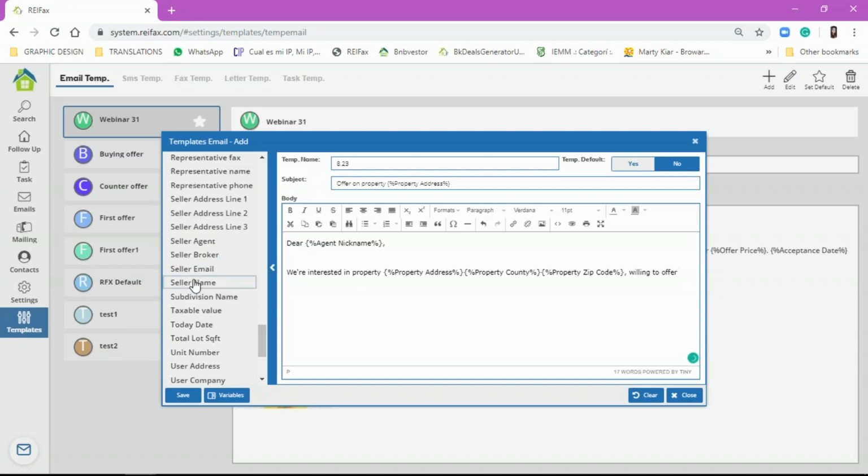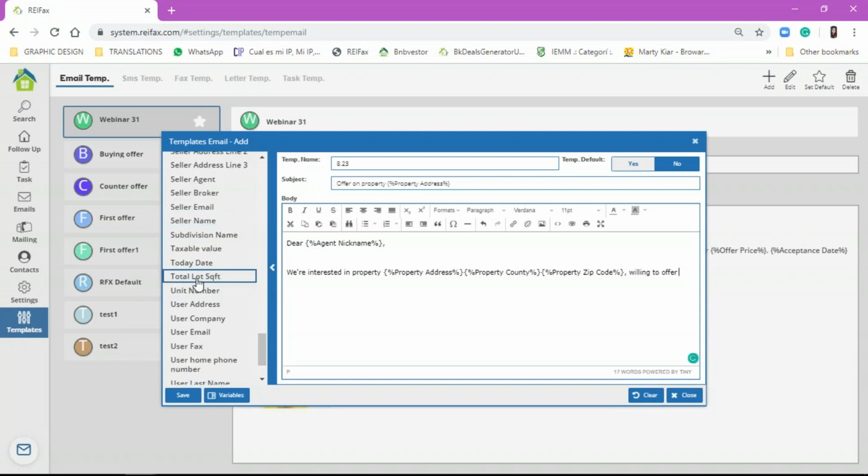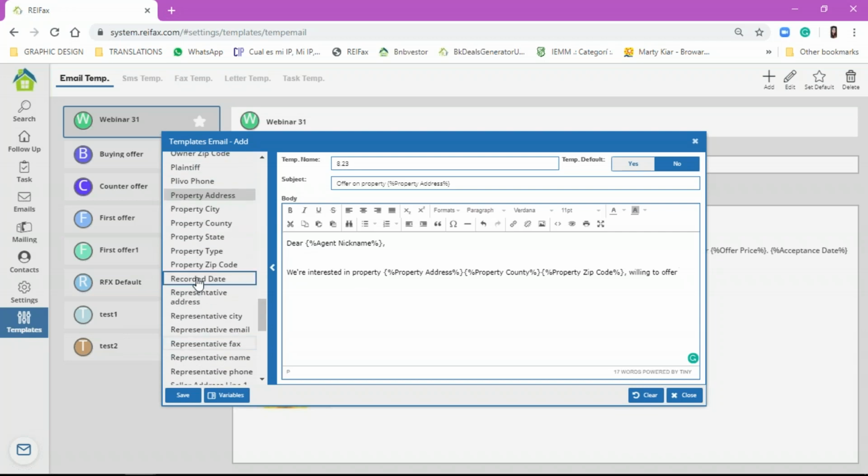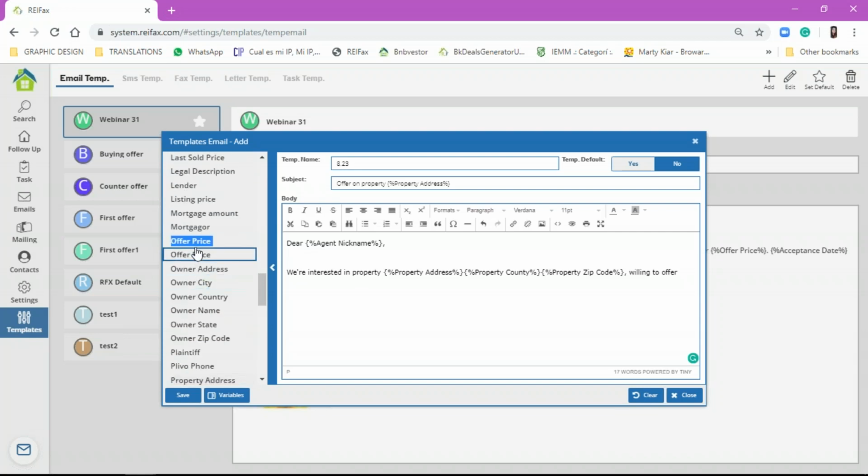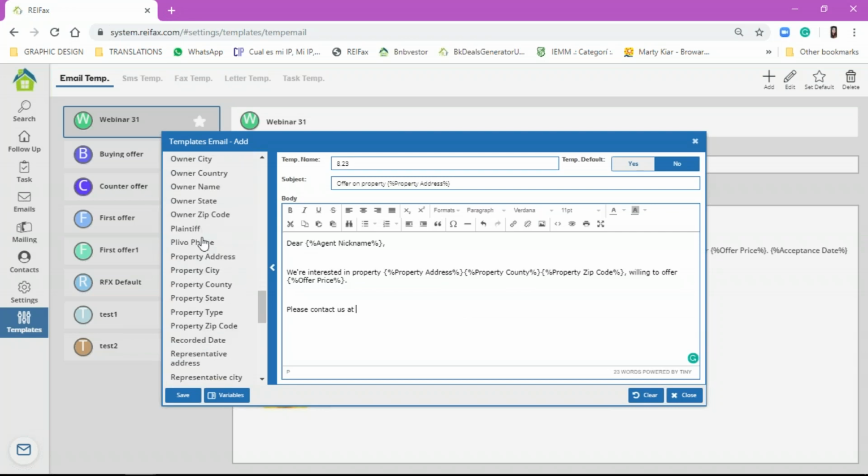Willing to offer, and I'm going to add the offer price. Willing to offer. And then I'm going to add user, user mobile, and then I'm going to add